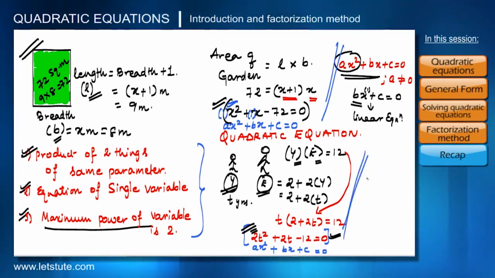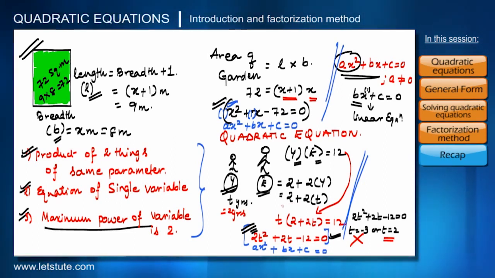Similarly, you can solve for the ages of the two brothers. You should get the value of t as -3 or t equals to 2. Since age cannot be negative, we neglect -3. So we take the value of t as 2. So therefore, the age of the younger brother is t years, that is 2 years. And the age of the elder brother is 2 plus 2 into 2, that is 6 years. So in this session we have learnt